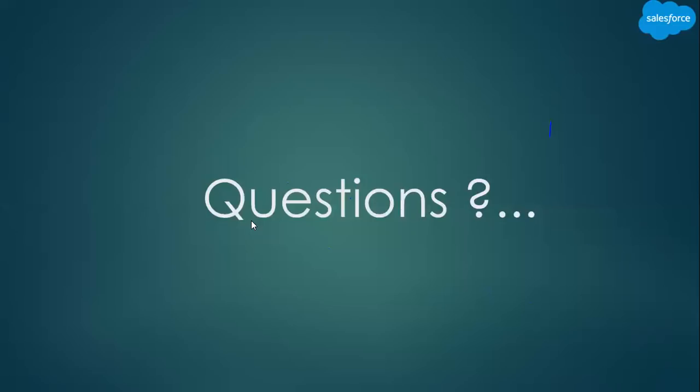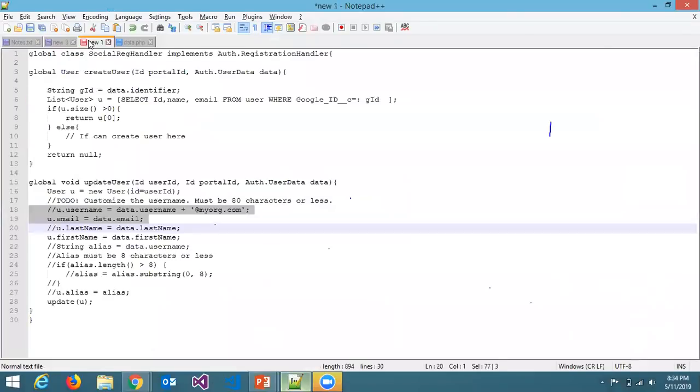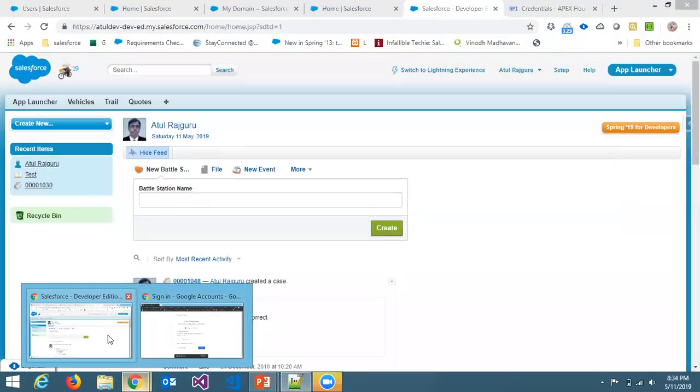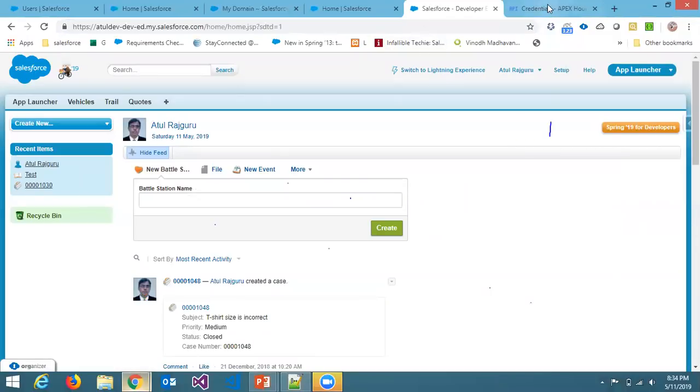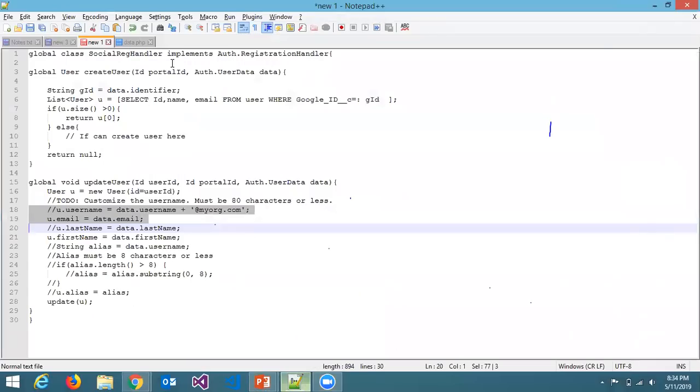Okay, and the piece I probably skipped due to time was the registration handler. Your registration handler that we created while setting up the authentication was just a simple link that we clicked, and the system automatically created that class for us, right? That class basically handles the mapping between your Google users and Salesforce users. As a system administrator, you just need to do the setup only once, and then all the users on Google which are mapped with the Google ID on your users database,